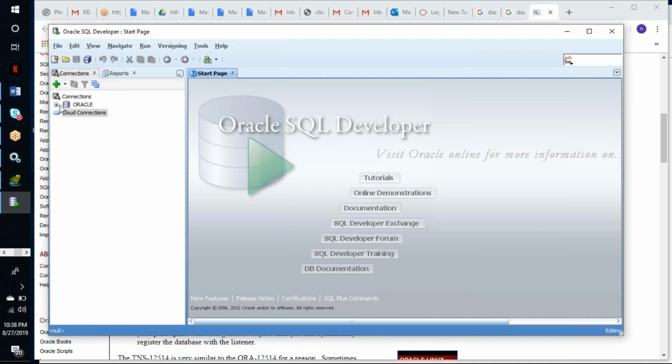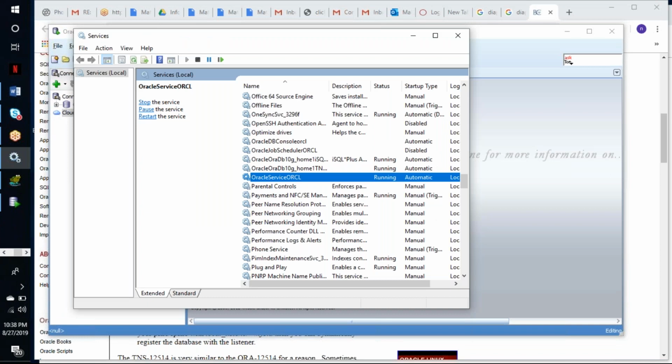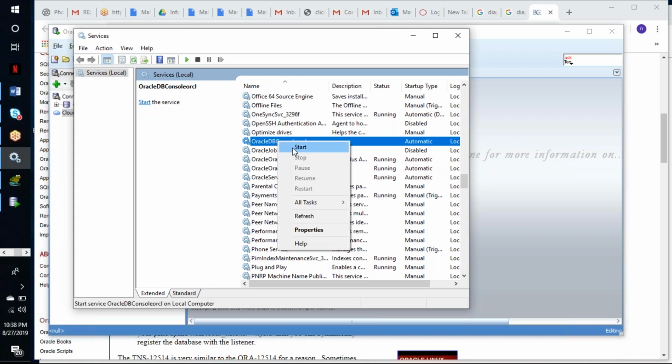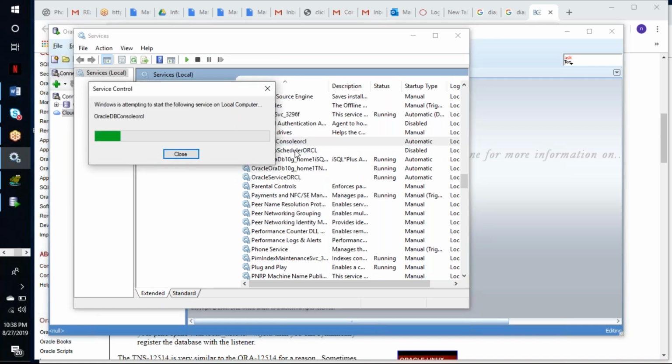Hold on one second. Go back to the services. Other Oracle services. Can you select that Oracle DBC? Yeah, that one. Select that one. Start. This one is disabled. Yeah, that is disabled. Fine. This is not mandatory. Even though this is not running, it should allow you to connect.